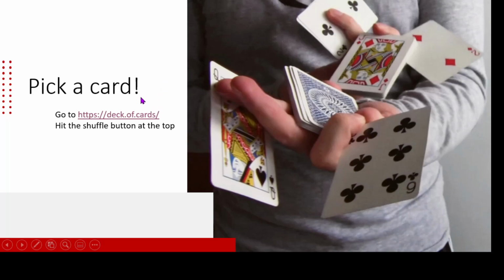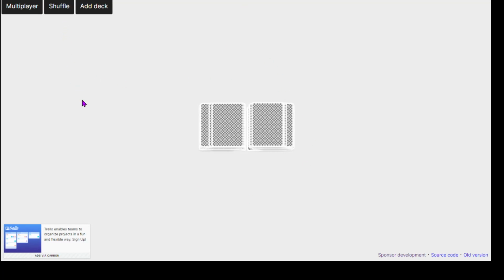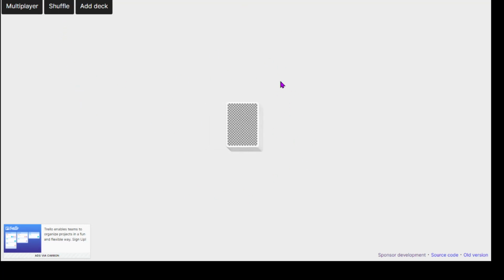So go out, and if you need to pause this, do that, but go pull up that website now, and you'll end up here, deck of cards right here, and you'll end up with something hopefully that looks like this, assuming it still exists and it's still out there. So start off by hitting the shuffle button. And so now we've created a data structure right here. And the job I want you to do is use this data structure to find